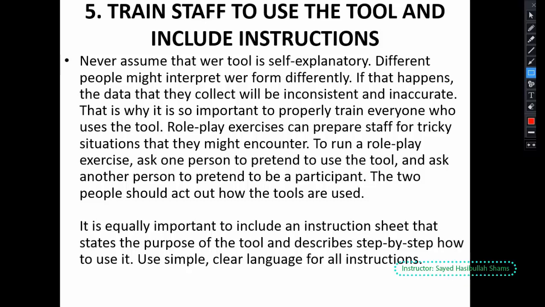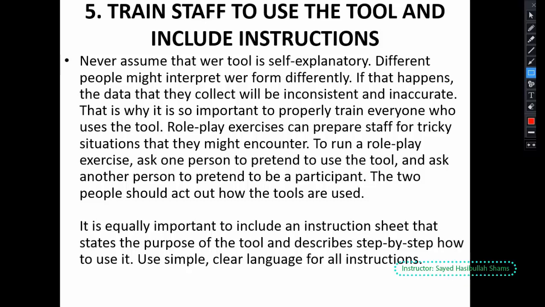So we will have a training for staff on how to collect data in our form accurately and validly, with precision, completeness, integrity, and everything. For this purpose, we must train staff, and also we must include instruction, because without